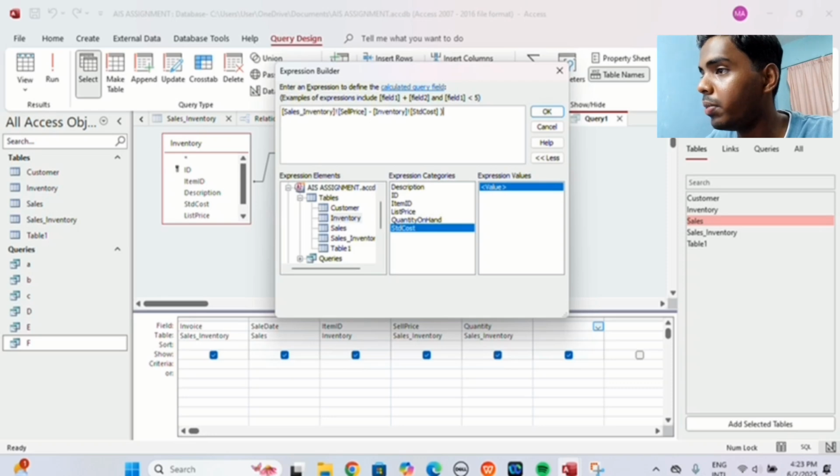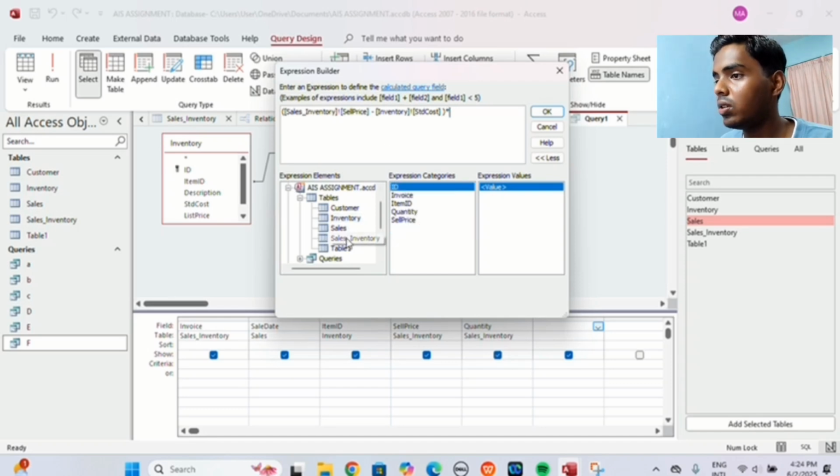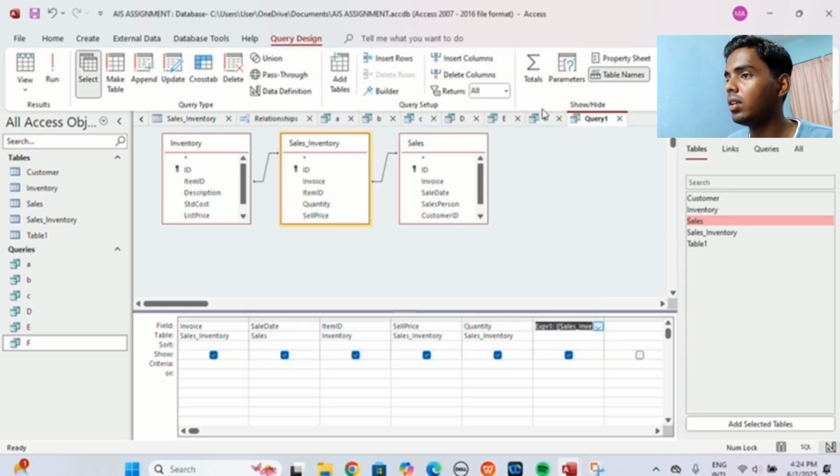We will put the bracket here, and then multiply with the quantity, and then for the quantity go to the sales inventory quantity, and then we will click OK, and then we will name this